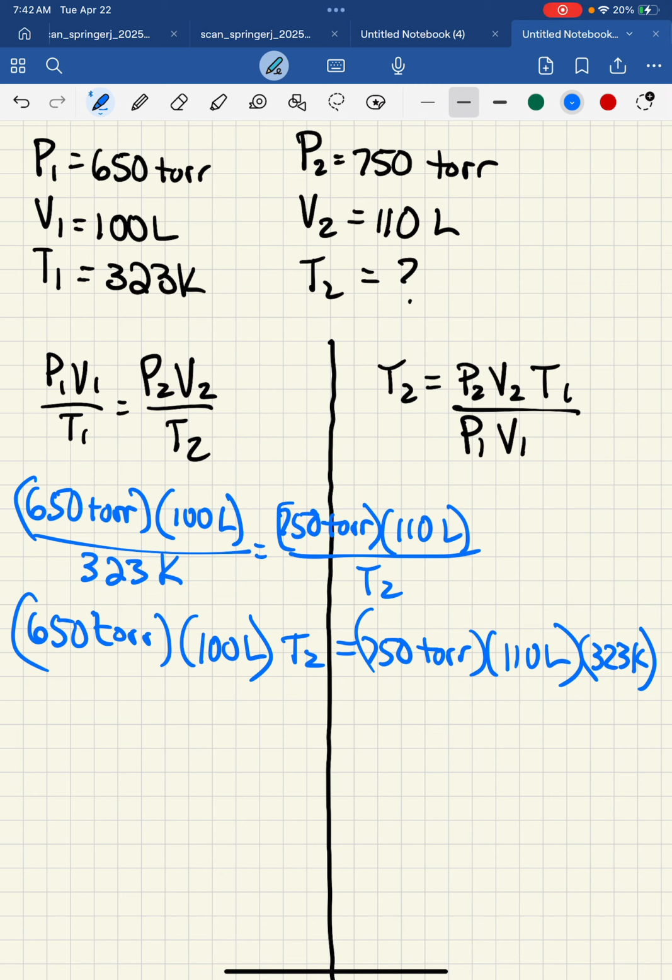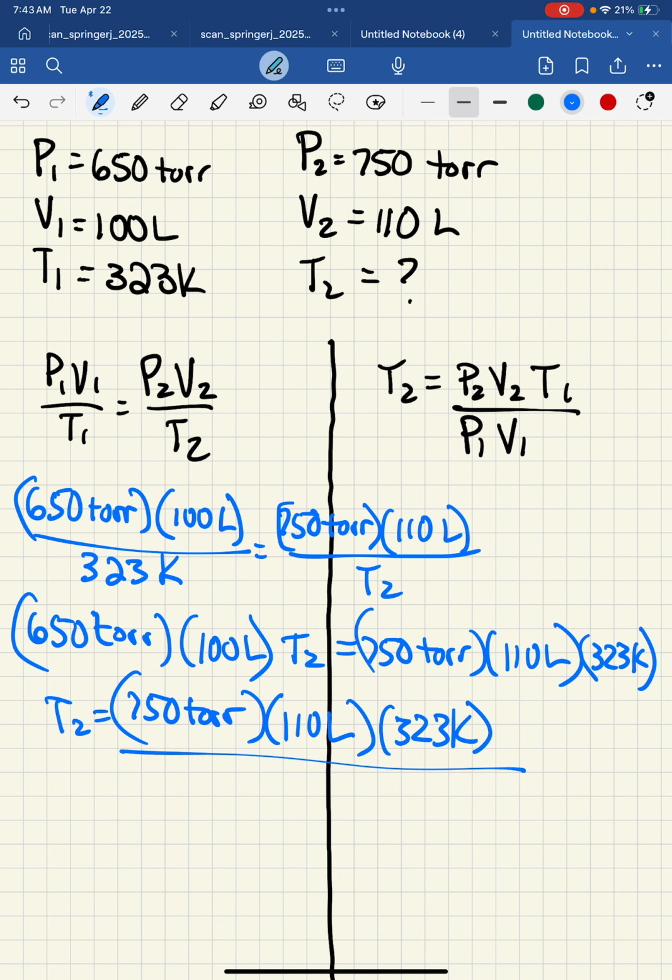So here's the way I plugged it in using the equation on the left and cross multiplying. And so then my T2 will be 750 torr, milliliters, 323 K over 650 torr, 100 liters. If you want to pause there for a second while you solve the problem, keep solving,